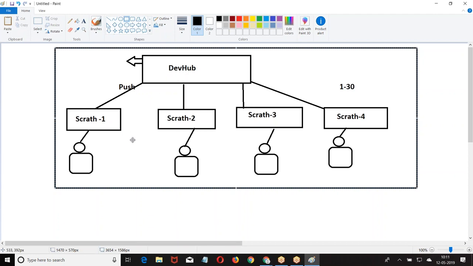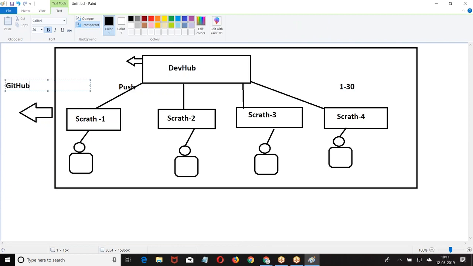Okay, and if everybody wants to maintain every change, I want to save it. Then the scratch orgs or DevHub is connected to GitHub. So every time I push, I'll maintain that as one version in GitHub.